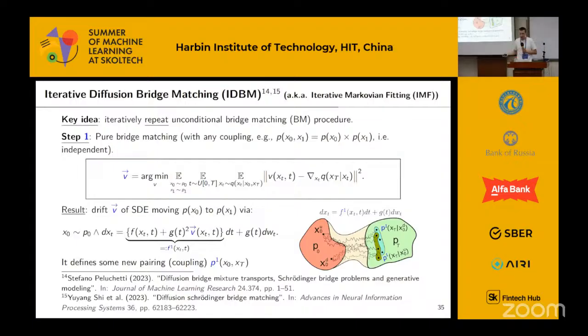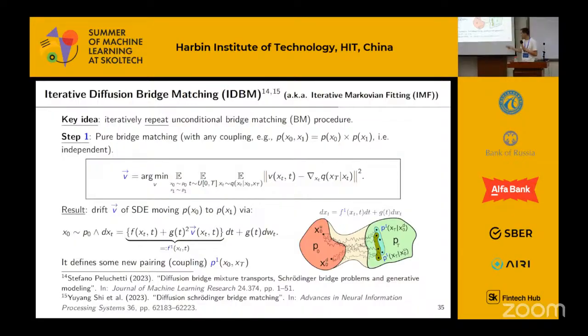We do not exactly know how this correspondence behaves, but it means that we started from an independent coupling, and now we can define some other coupling of probability distributions, which is defined by our trained bridge matching model. But unlike flow matching, this coupling will not be deterministic, because in flow matching, for one point we get just one point in the target domain. Here, for one point, we can get many points. So it's stochastic. But anyway, we can sample from this coupling by simulating this stochastic differential equation,